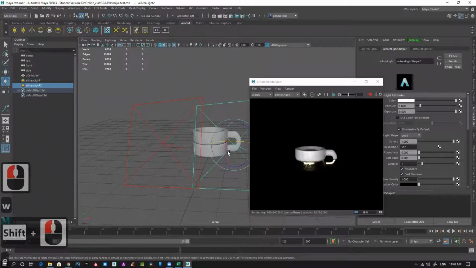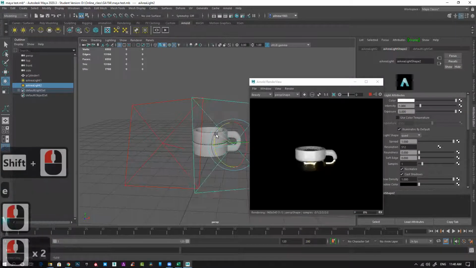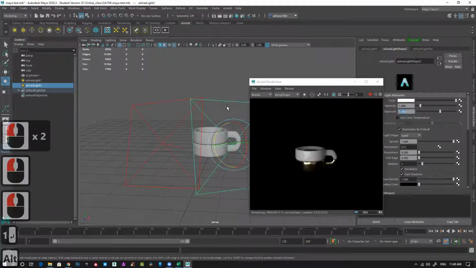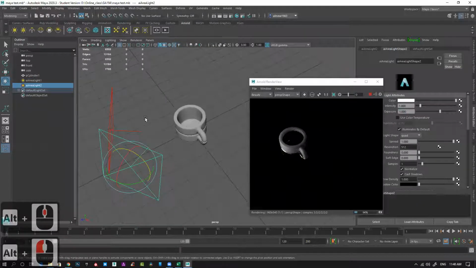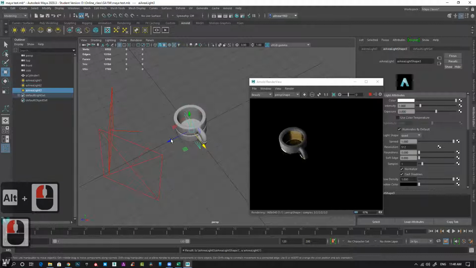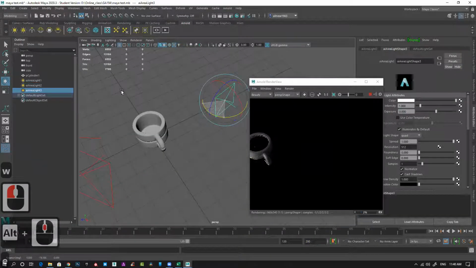Duplicate, shift and drag, duplicate. You can see instantly the output. Create one more. 3-point lighting I'm using.